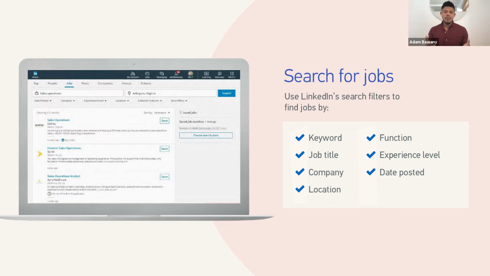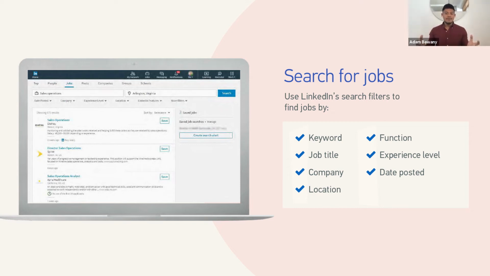When you're looking for a job, use keywords to narrow down your searches. For example, if you're looking for jobs in the fintech industry, use fintech in your keyword search. And use typical job titles that you have as well. Don't worry, because LinkedIn will pick up similar roles. So what I mean by that is, if you're looking for account manager roles and you just put account manager in the titles, the algorithm will also pick up sales rep roles, business development manager roles, sales manager roles, anything that would be related to that particular role as well.